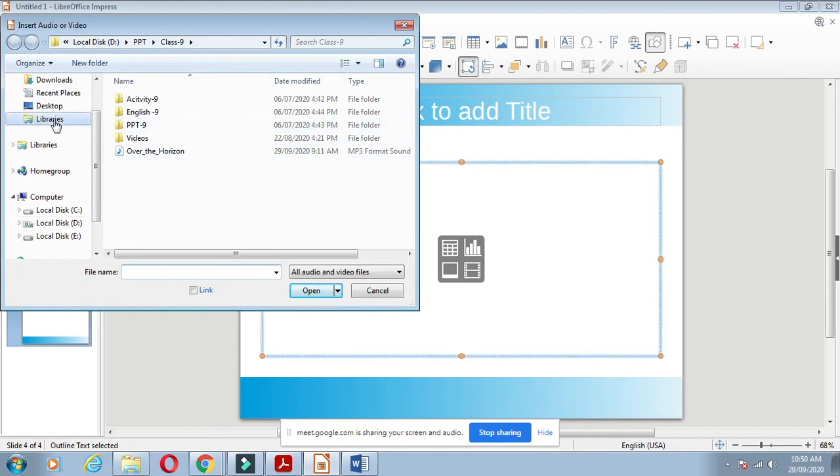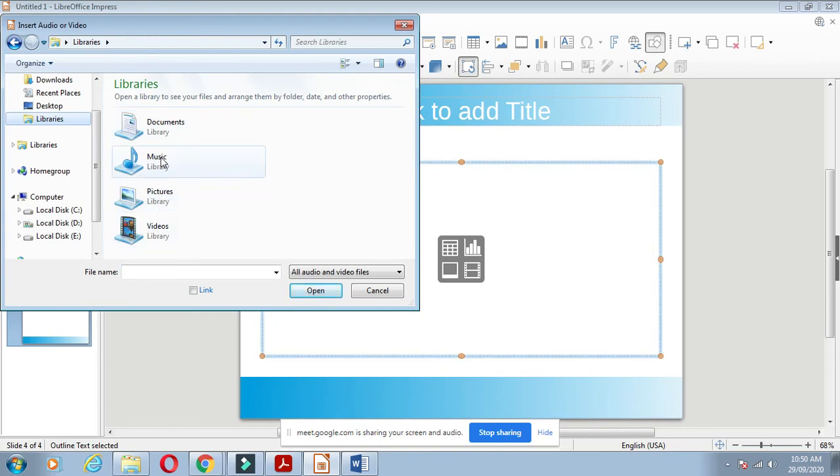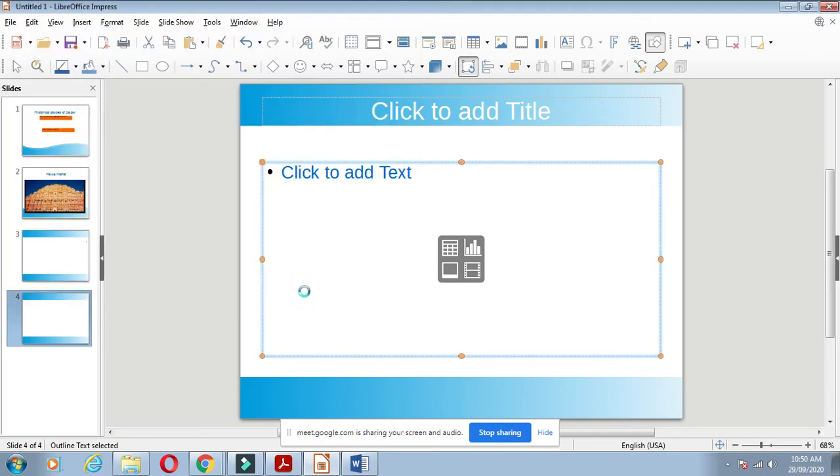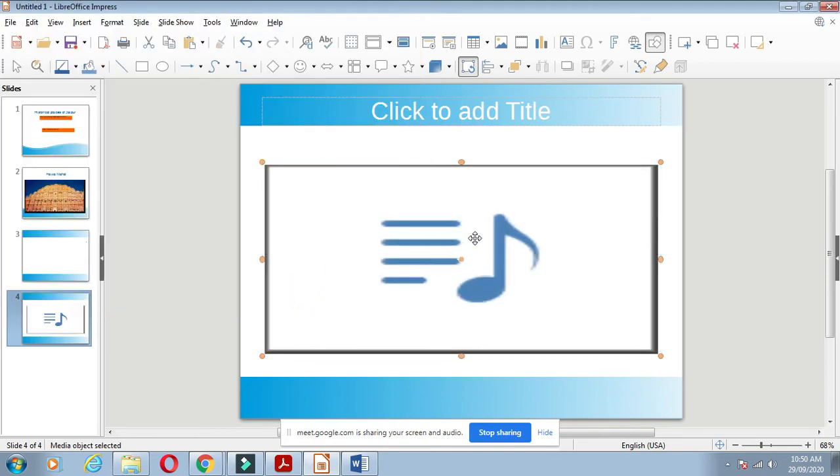You go in the library, music, any sample music, mp3. It will be inserted in your slide. If you want to listen to what sound quality appears in your slide, you just press the F5 button.